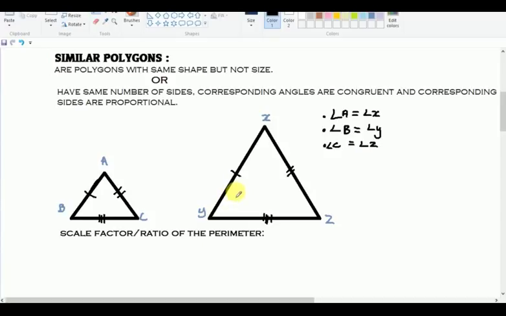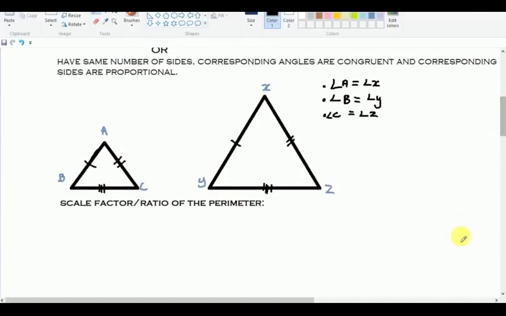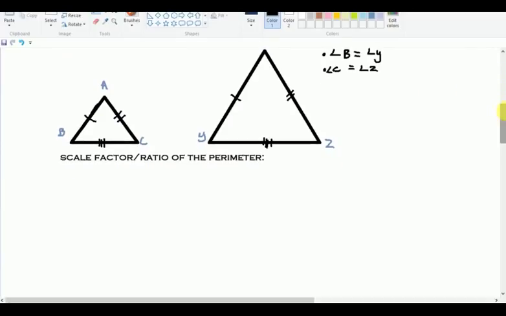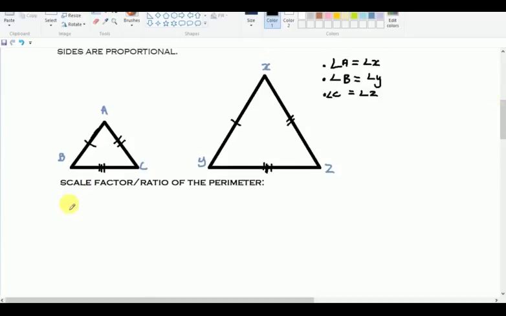So let's go down a bit. Now we're getting to the scale factor. It's called the scale factor or the scale ratio or the ratio of the perimeter. How do we go around calculating that? We use our sides. We say side AB